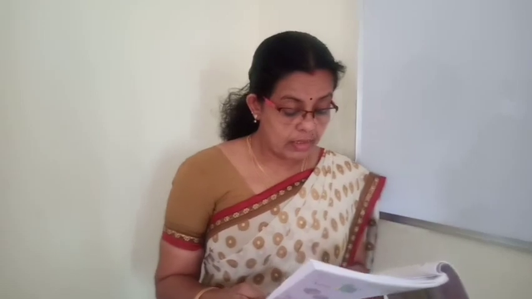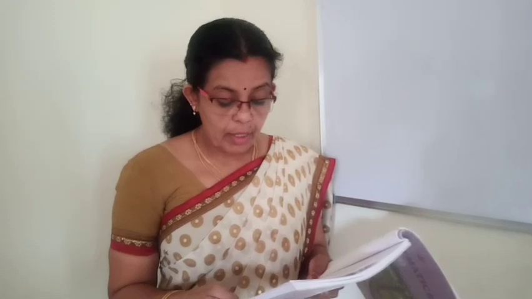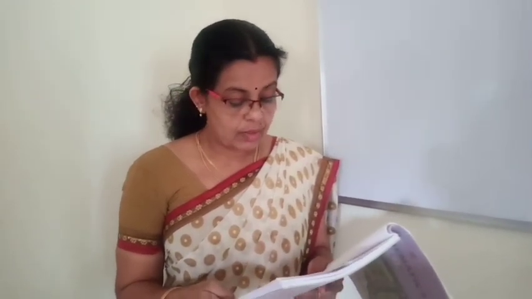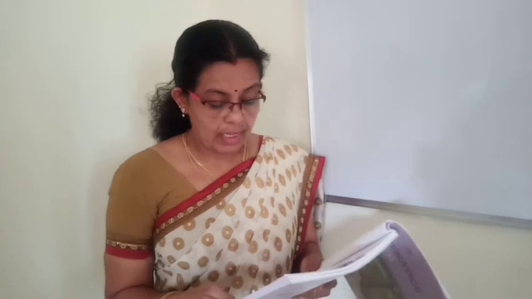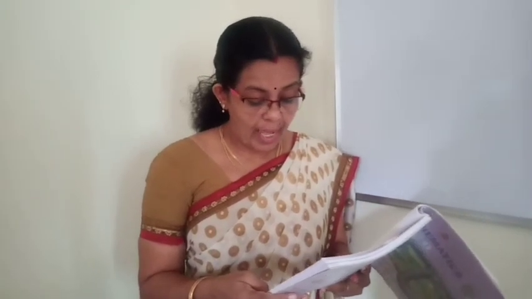Next 17th question is, in a school, students thought of planting trees in and around the school to reduce air pollution. It was decided that the number of trees that each section of each class will plant will be the same as the class in which they are studying. Example, a section of class 1 will plant 1 tree, a section of class 2 will plant 2 trees, and so on till class 12. There are 3 sections of each class. How many trees will be planted by the students? So we have to find out the total number of trees planted by the students.